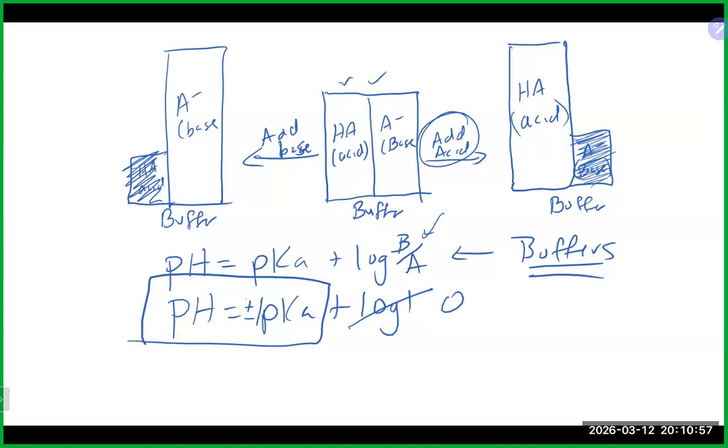And you could literally drop by drop dial in your pH to exactly what you need by adding some acid or base to your buffer, because when you add those drops, it's not going to have big changes in pH. It's going to have very, very small changes in pH. And you can actually dial in your buffer to the correct pH it should be before you maybe use it in